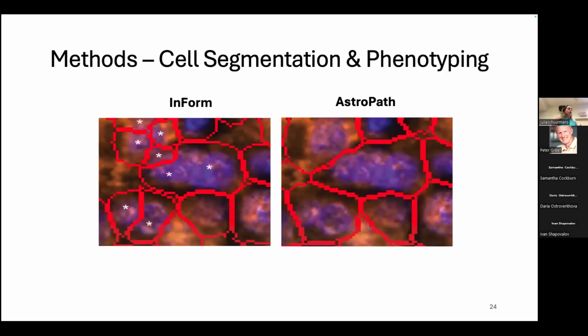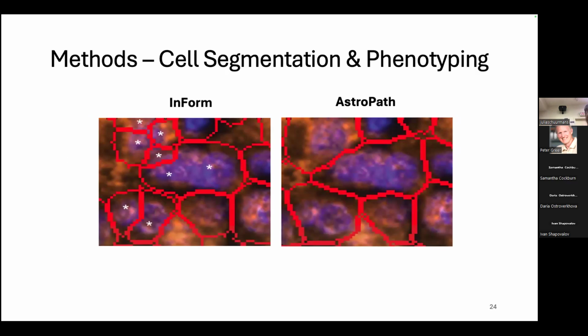So why am I focusing on the cell segmentation, and why do I have to optimize this segmentation stain? Well, as you can see here in Inform, which is the typical software that is used today to segment cells when looking at multiplex images, you'll see that in the top left there, the cell has been over-segmented. We're seeing 4 when there's really only 1. And this is a current issue that a lot within the analysis pipeline is dealing with.